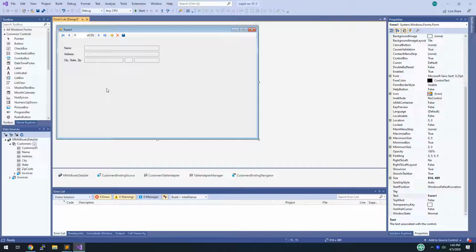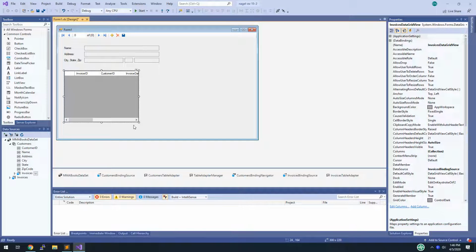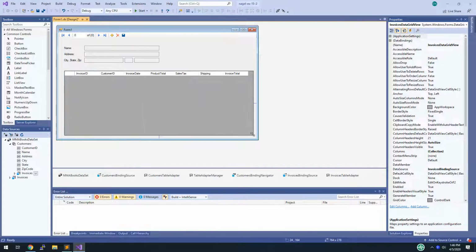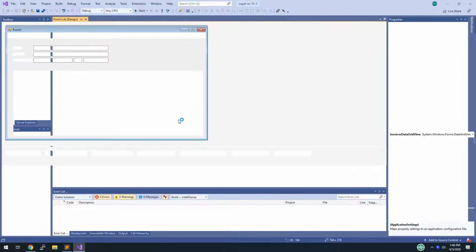Then, I'm still in step 2, drag the invoices table that's subordinate to the customers table. So here we have the customers table, here we have the invoices table, and we're dragging this over as a data grid view. So not this invoices table, but this one. Drag that on. Make it a little bit bigger. And at this point, we actually have a function in the application. Hit F5, let it run,